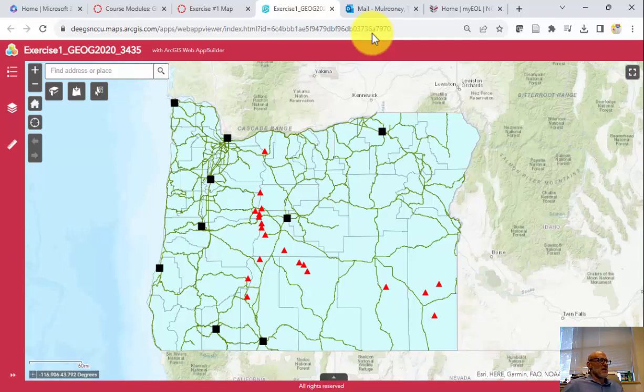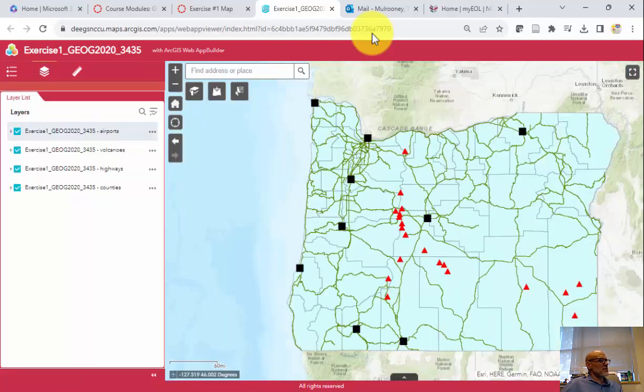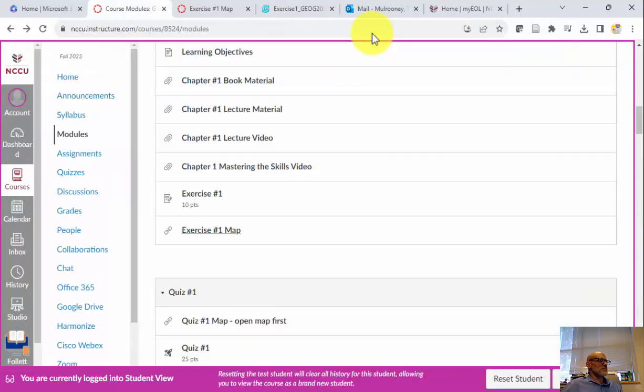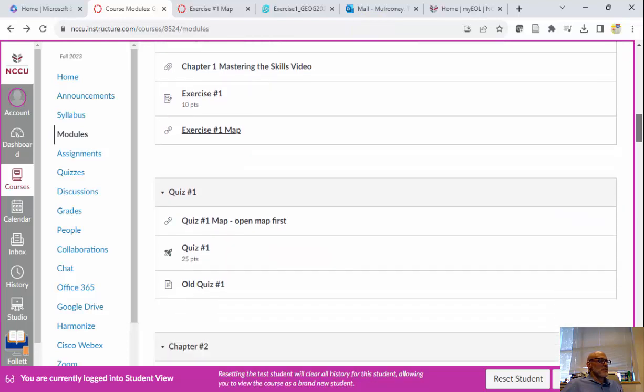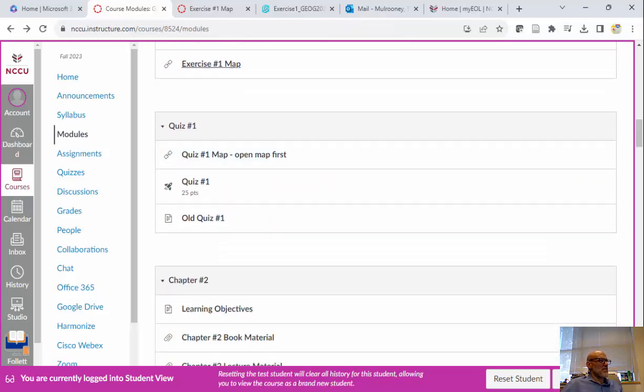So you can see a map of the outline of Oregon, and we've got these lines here, and then in the Mastering the Skills, we go through and talk about how to add things and activate and look at the table of contents and check things and uncheck things and go through the skills for manipulating, viewing, and visualizing these online maps. And so I'll have all the necessary materials here, and then once we get to that, we'll have quiz number